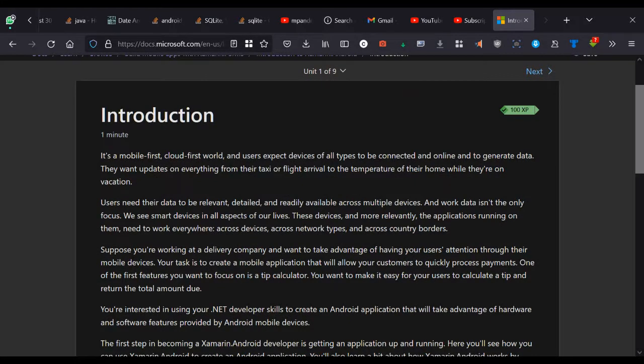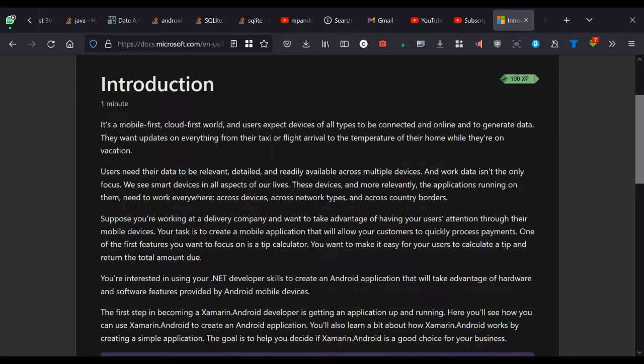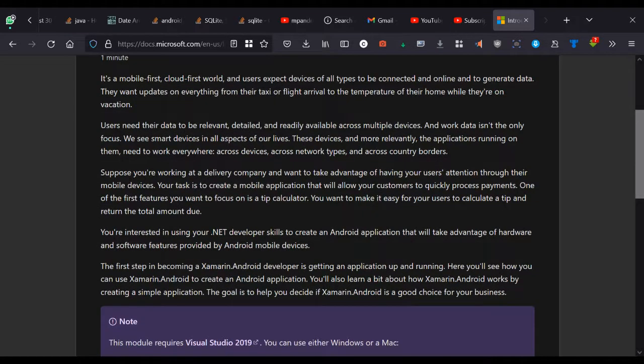They want updates on everything from their taxi or flight arrival to the temperature of their home while they're on vacation. Users need their data to be relevant, detailed, and readily available across multiple devices. And work data isn't the only focus. We see smart devices in all aspects of our lives. These devices, more relevantly the applications running on them, need to work elsewhere, across devices, across network types, and across